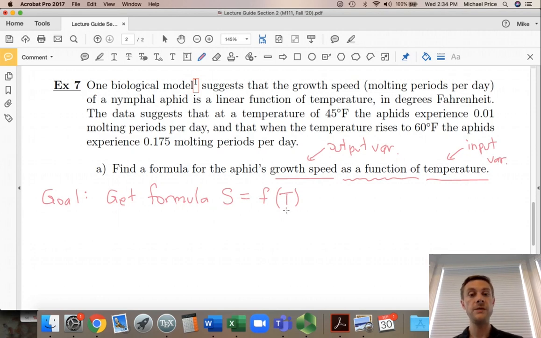So here's where I would argue it would be most productive to go back and do another read through. If I weren't doing this on my own and just trying to instruct you, it would be perfectly reasonable before you look at this part A to read through this opening paragraph a couple, three times, just to see if you can wrap your brain around what's being presented to you. And then when you look at the actual goal, maybe this will make more sense. But at the very least, now we can have another run through and say, okay, so we have this biological model. It suggests that growth speed, and that's where I want to pause, because growth speed is the